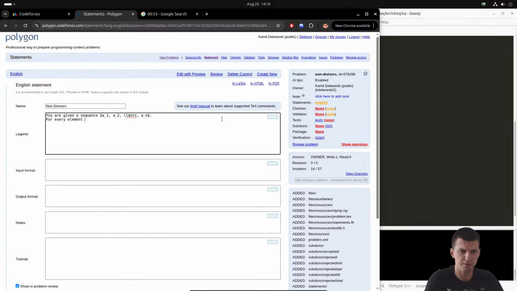For every element equal to -1, you must replace it with a positive integer. The final sequence cannot have two adjacent elements where one is a divisor of the other. For example,